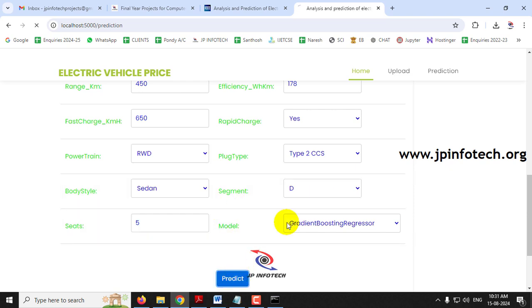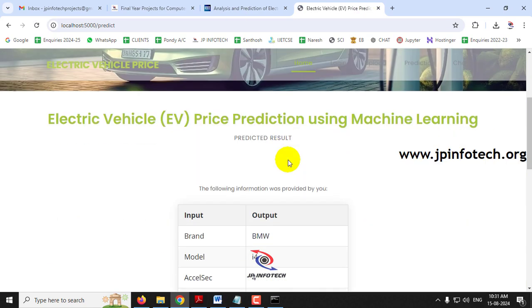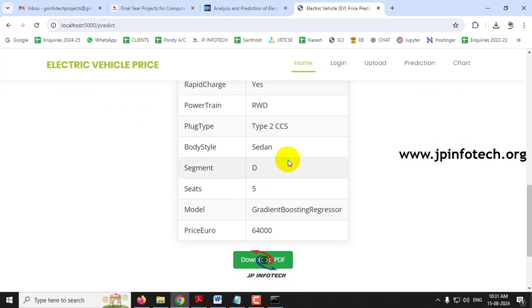So now let me check the predicted result for this, and here you can see the predicted price in euro